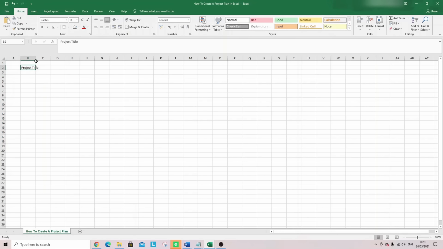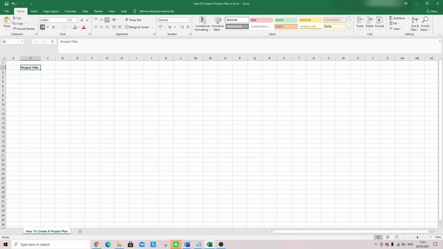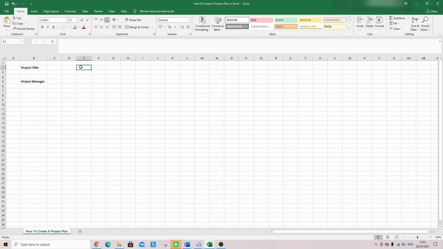So what we're going to have here is the project title, the project manager. So we're going to put the name of the project manager. It's probably you if you're creating a project plan in Excel. We're going to have the start date of the project, and that could be the planned start date. And we're also going to put the end date. So you could do planned start dates and planned end dates if you're looking to track predictability, or you can use the actual start dates and the actual end dates for closer tracking and to see how your project actually